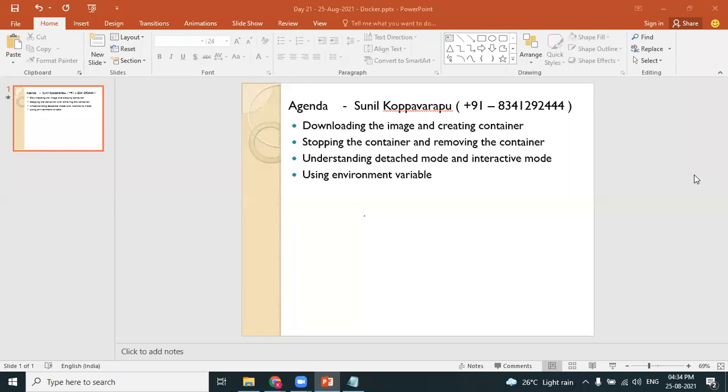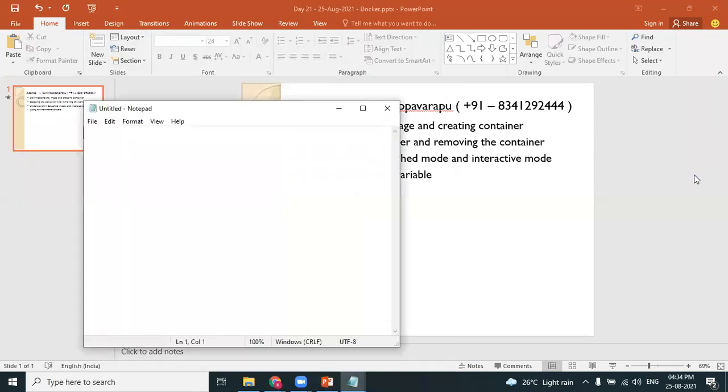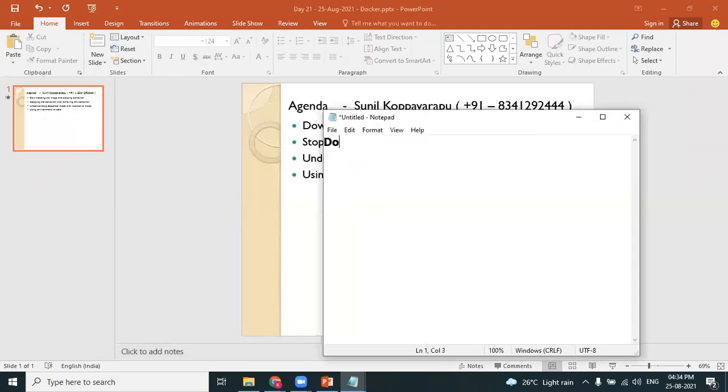I have just two questions. One is, can I assume that the Docker Desktop that we have is also a Docker client? Sorry, which one? Docker Desktop, the application. No, that's different. Docker client is a terminal, where we write the commands. So that is different. Here we use Git Bash.